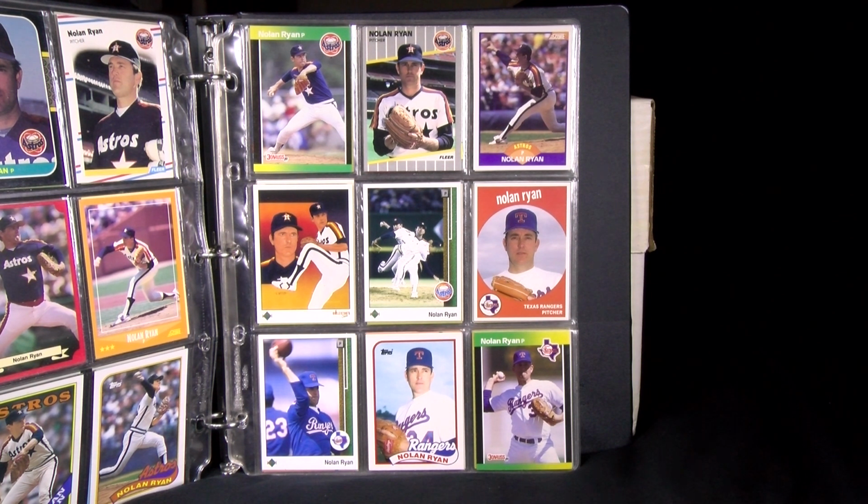In the middle row, '89 Upper Deck Houston checklist card with a cool illustration. And then the multi-exposure card from the Upper Deck base set. And then in '89, he signed with the Rangers, moved upstate to Arlington, and there he is on the Baseball Cards magazine reproduction of 1959. The iconic 1989 Upper Deck of him throwing the football during spring training, and then his '89 Topps and '89